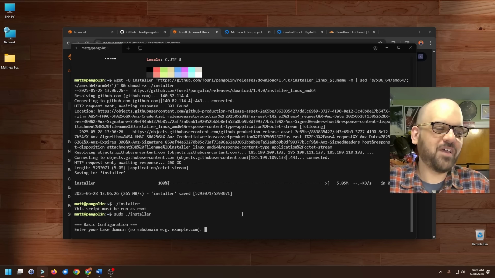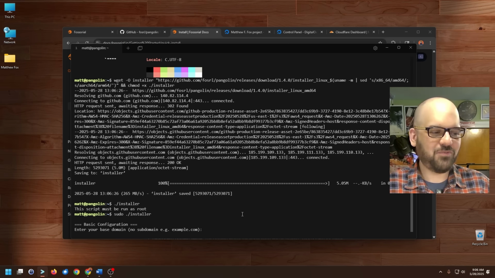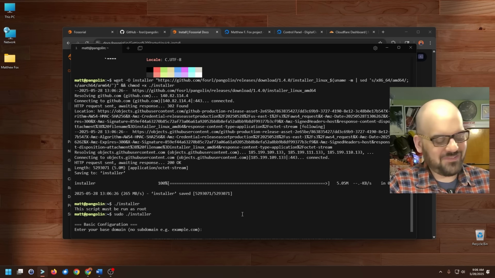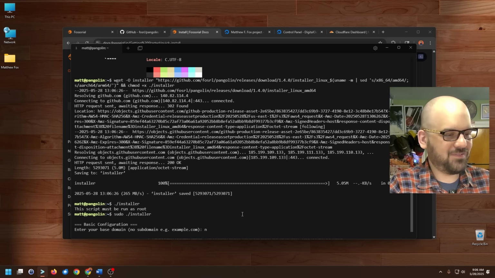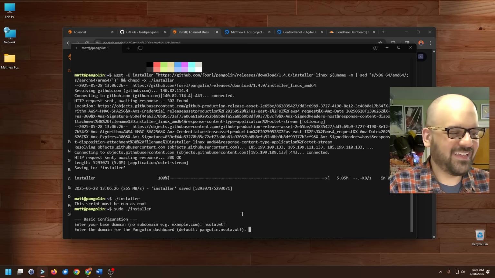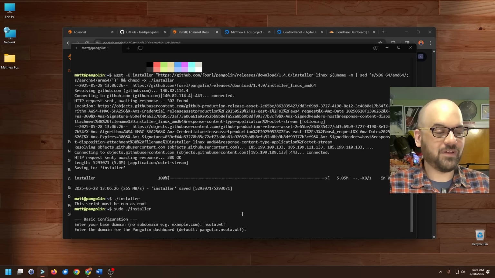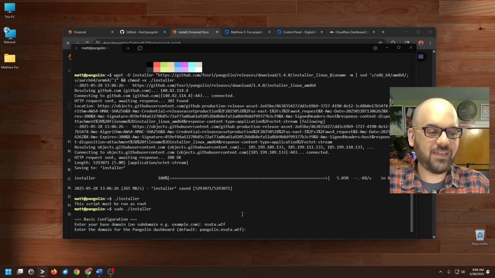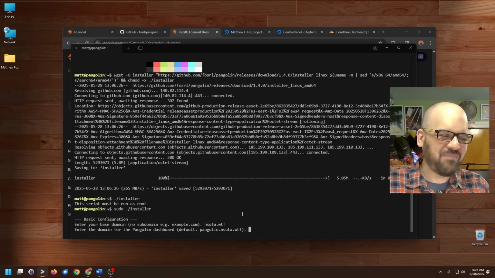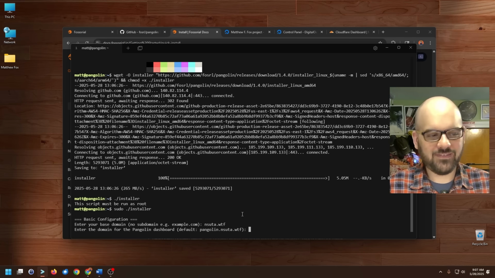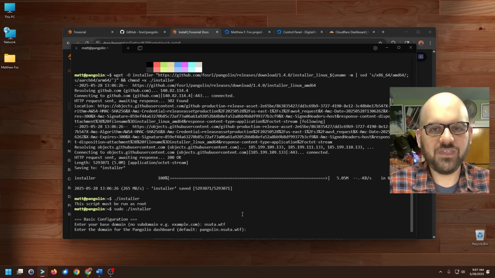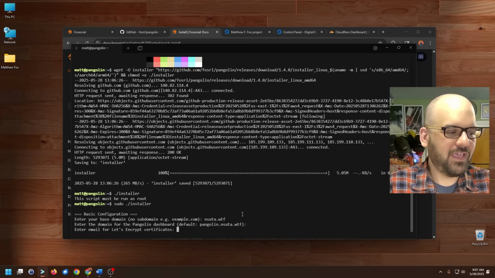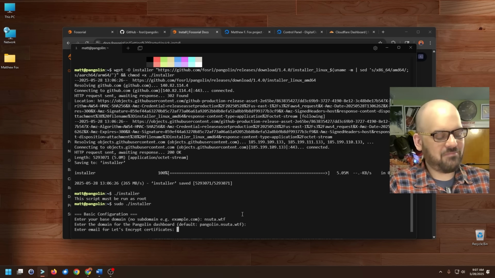Okay, here we go. Basic configuration. Enter your base domain. As I stated earlier, nsuta.wtf. nsuta.wtf. I love saying that domain. Enter the domain for the Pangolin dashboard. I've already created a record, pangolin.nsuta.wtf, and that just happens to be the suggested subdomain for use, so we're going to go ahead and hit enter. Enter the email for Let's Encrypt certificates,